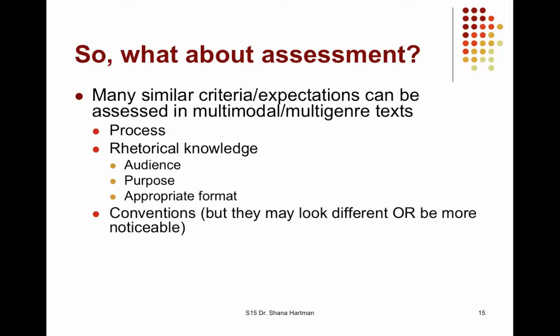we are not looking per se for grammatical correctness, spelling correctness and something like that. But there is a convention, a style to collage. So what is that? Well, then we get into things like arrangement. Collages are not meant to be linear. They're not meant to be in traditional read left to right, top to bottom form. So did the student acknowledge that and recognize that and create an appropriate to that genre, collage, convention style? Did they follow it? So those would be some of the things that you'd have to consider when assessing a piece like this.